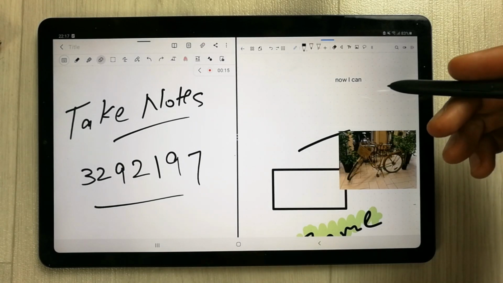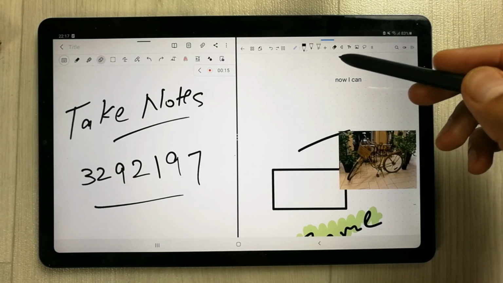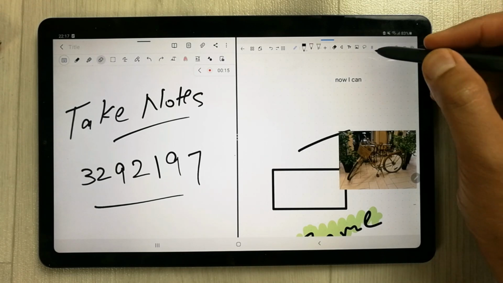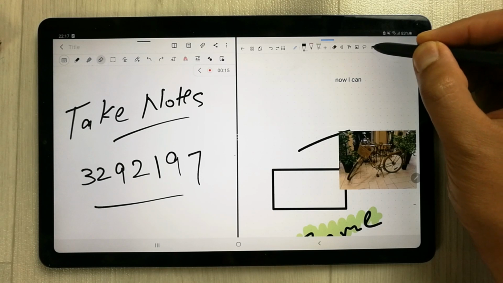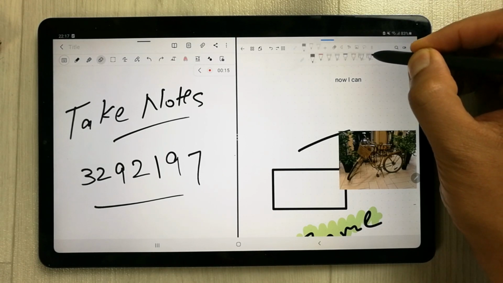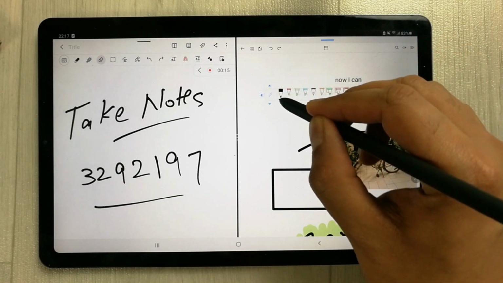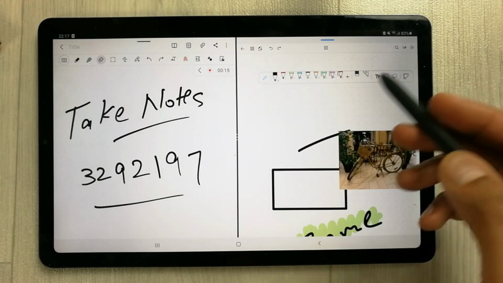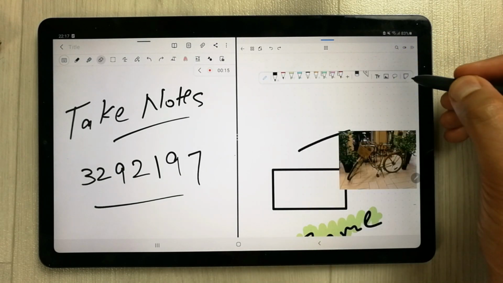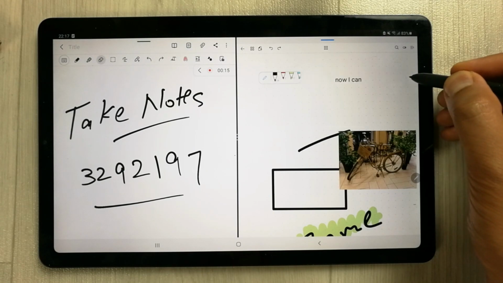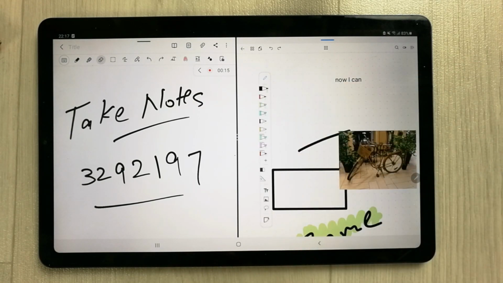The other feature that I want to discuss is you can change the position of your toolbar. So simply you just have to tap over here 2 times and then simply you can change the position. So you can see over here, and then you can change the position, and you can also put it in the vertical position. So you can tap over here and then it will change the position of your toolbar. It's a really cool feature.